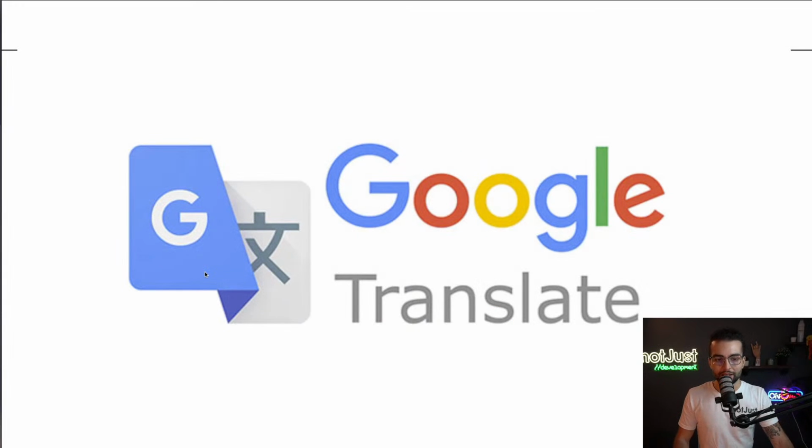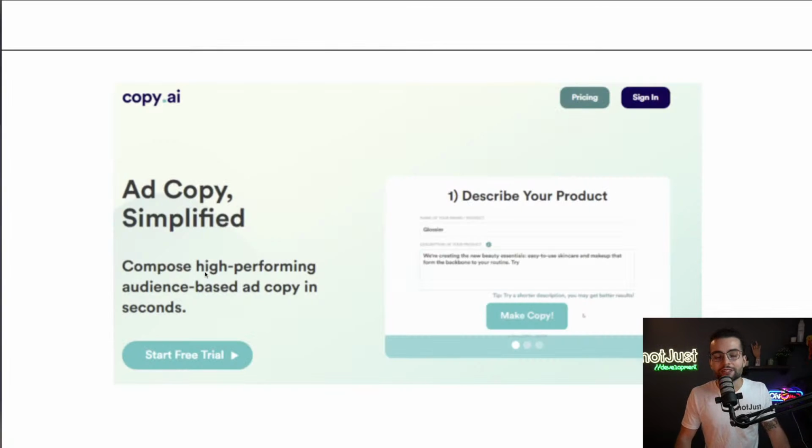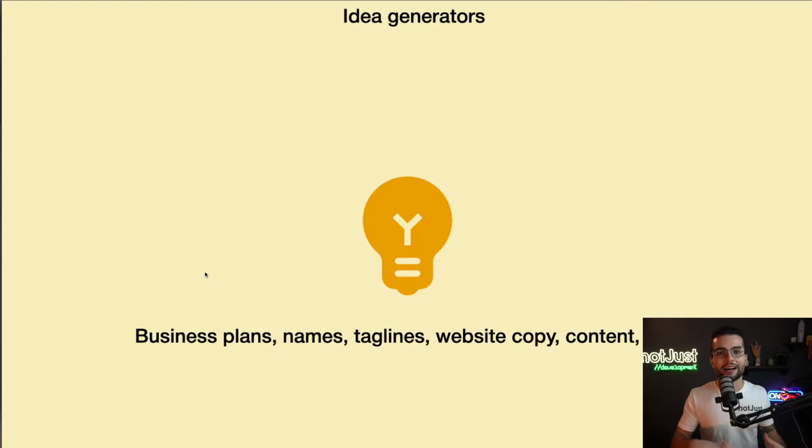Another idea could be to create an application for translating languages. ChatGPT is very good at translating natural language, so you can use it for translation services. You can use it to generate any kind of copy, like advertisement copy, marketing copy, sales letters. You can use it for any kind of idea generation or brainstorming, which